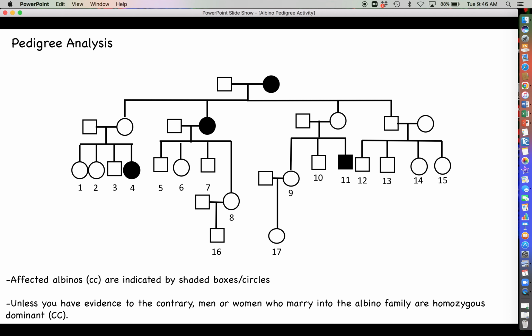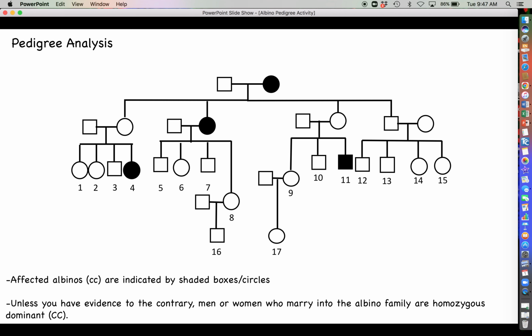So this pedigree that you're looking at right here spans 5 generations. You can see we have generation 1 up here, generation 2 down here, 3, 4, and 5. Specifically, what we're looking at here is albinism. Albinism is basically an autosomal recessive trait. I'm not going to call it a disorder, but it is an autosomal recessive trait, meaning that the only way that you are going to be affected and have albinism is to have a genotype of little c,